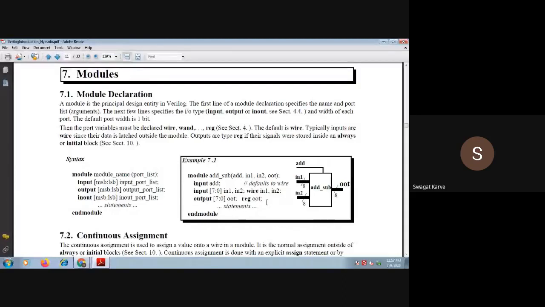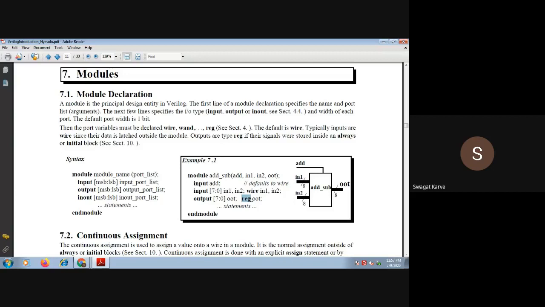And wire in1, comma, in2. That means in1 and in2 you can use as wires, of operand type wire. This output is also 8 bit, and it's of type register.